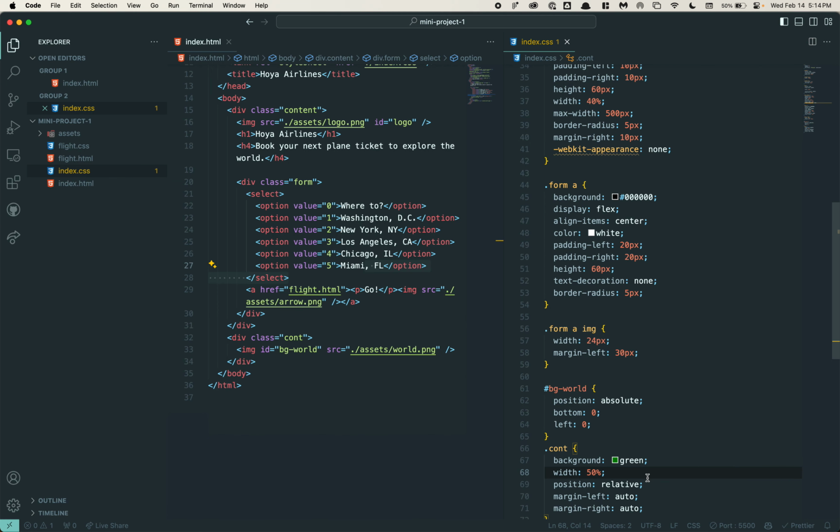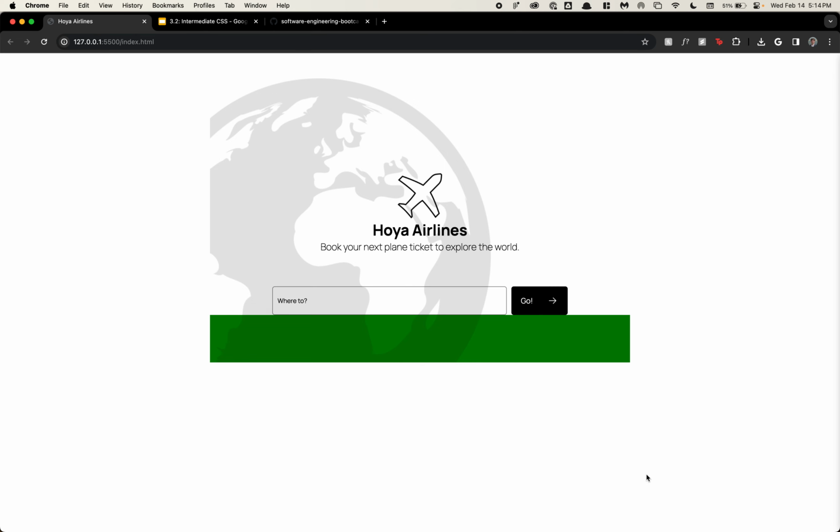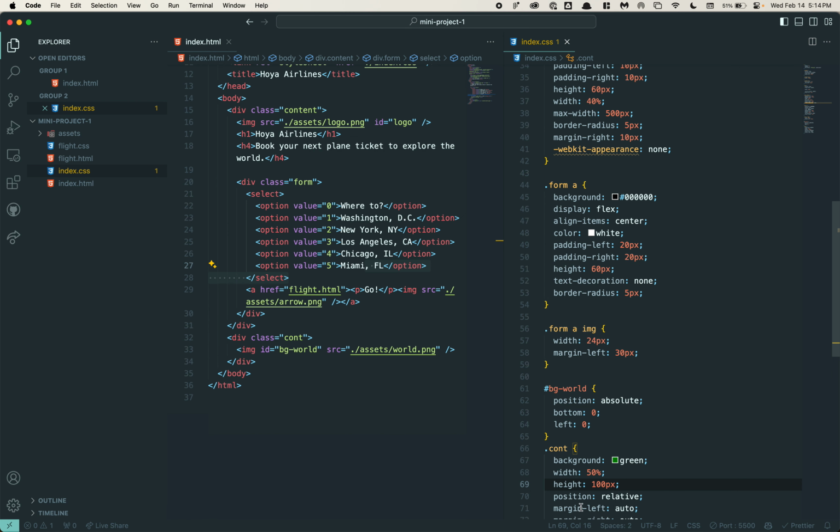So I think if I were to add a height of, let's just say 100 pixels. Now we can see it if we hard code the height, but it's saying don't use those pixel numbers bottom and left in relation to the body. Use it in relation to this parent container because it's the parent that has relative positioning. So I think this is also demonstrating my point of why you don't really want to use this kind of positioning that much because it gets messy really easily. But that was a quick